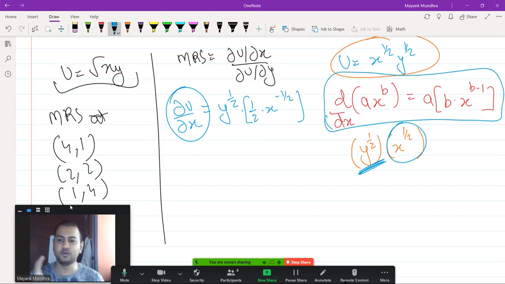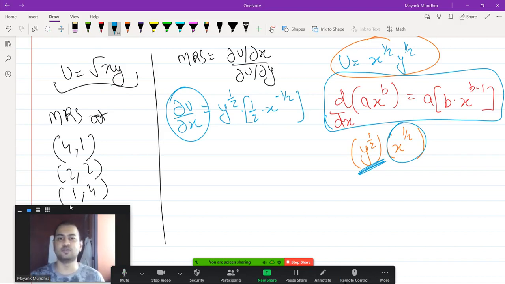So if any of you needs revision on differentiation, you can ping me later. I can share some documents with you which will help you go over some basics of differentiation, which are very important. I'll come to differentiation, but it will take me around a month to reach differentiation right now. So in the meanwhile, if you want to just revise differentiation quickly, I can share some notes with you. Okay, now del u by del x is this thing.